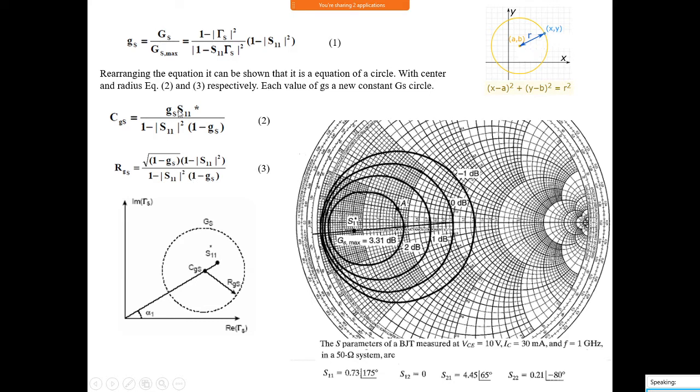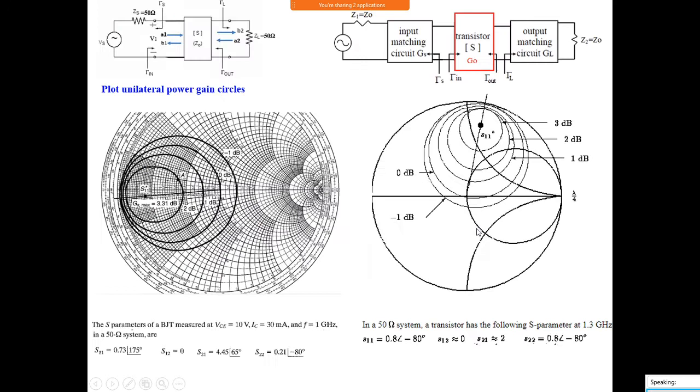For example, one example I will take. That way we can draw the circle. It will form a circle. This circle may be anywhere, not only here. See, like this, the circle may be here also. In this what I have shown is based on the reflection coefficient, based on the S parameters. These are the S parameters. For these S parameters, the 2 dB circle is like this. If you take any impedance here, that gives the 2 dB.